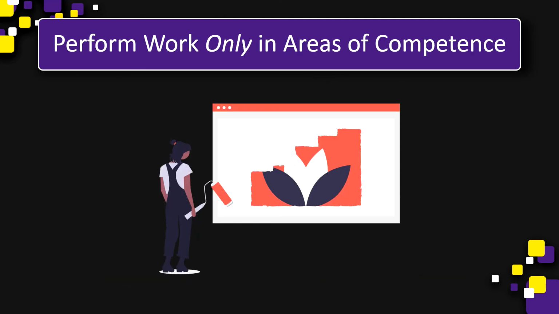You should also only perform work in areas where you are competent. This means that when you are outside of your depth, you let somebody know. You might still be asked to complete that work, but be given more time to do it. Now, you will be asked to do things and learn on the job. Don't be surprised when that happens, but you should be competent in that area regardless, because you should know how to learn and pick up those skills in an appropriate way.